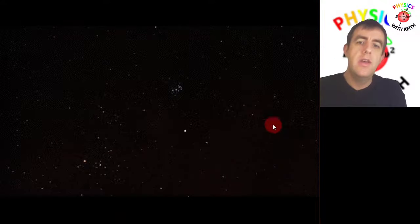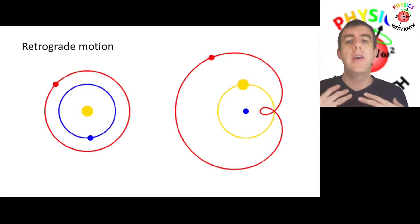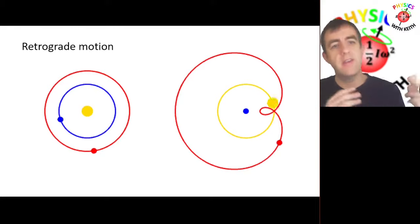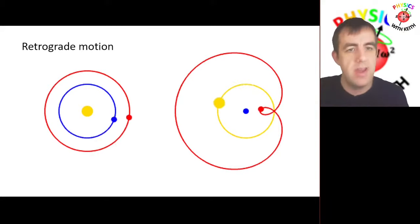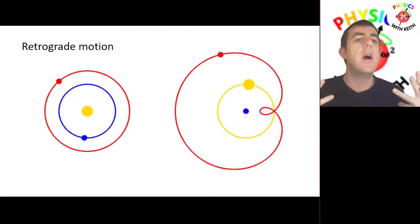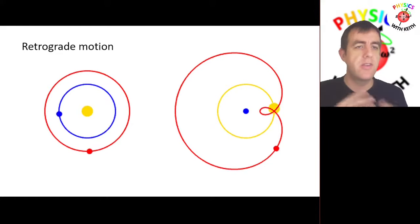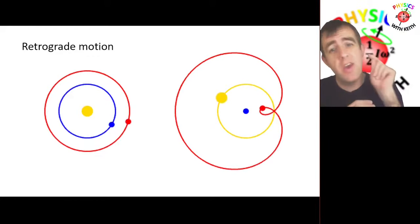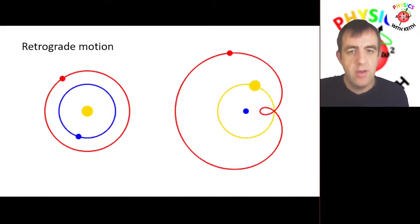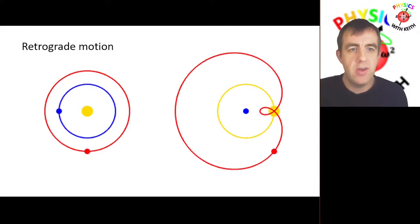And it's caused by our point of view looking at a planet that we are overtaking, or indeed we could look at a planet overtaking us and we'd see a similar sort of effect. So in the diagram on the left, the Earth is in blue, and let's say Mars is in red. And the Earth is moving faster than Mars because it's closer to the Sun. But from the Earth's point of view, we see what's on the diagram on the right. We see the Earth in the middle. We think the Sun is going around the Earth, and then we think that Mars is going around the